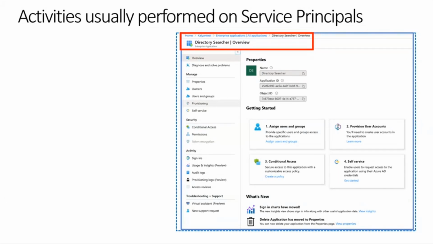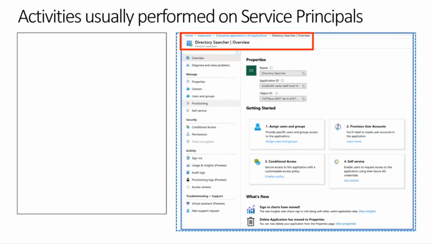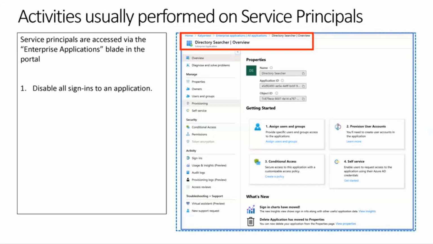Due to this differentiation, an IT pro or the person who is managing the day-to-day running of an Azure Active Directory tenant can go to a service principal of an application in the enterprise applications blade, and they can carry out a whole number of operations which are not necessarily driven by a developer's need, but are driven by the needs of an organization and its policies. So, for example, you can go and disable all sign-ins to an application.